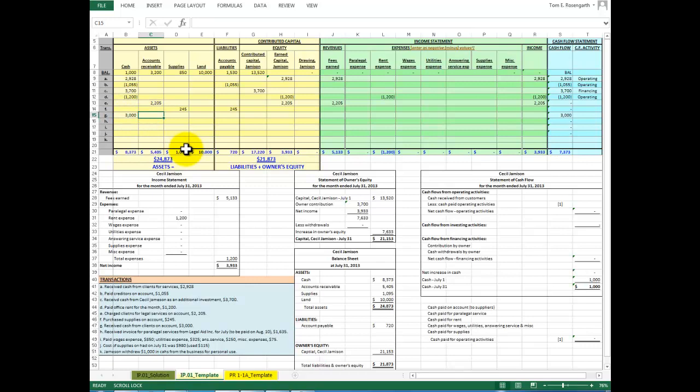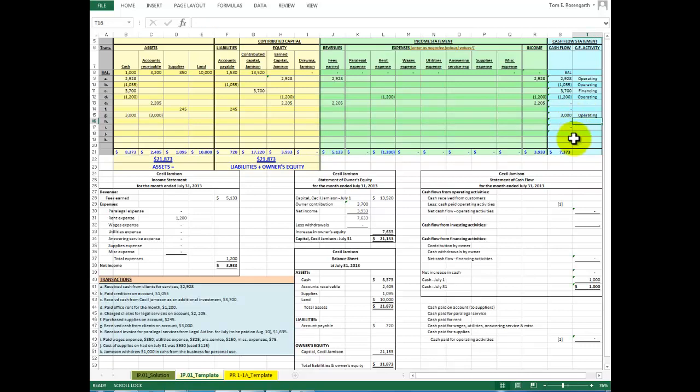Now, the exercise says that the cash... The exercise indicates that this was paid on account, which means that customers that owed Cecil Jameson from past services have now paid up. So we will decrease accounts receivable, the amount that's owed by the customers. No effect on the income statement, but because cash went up, we will show an operating cash flow in the